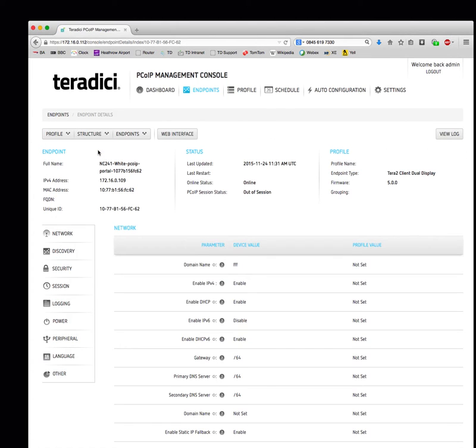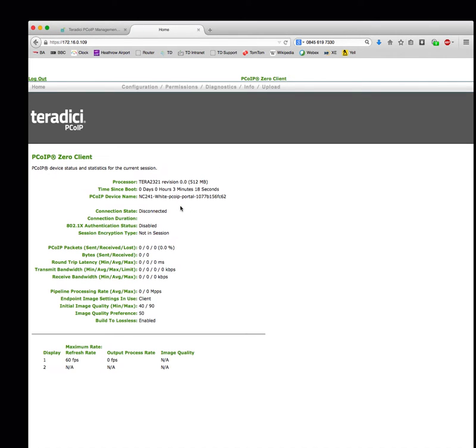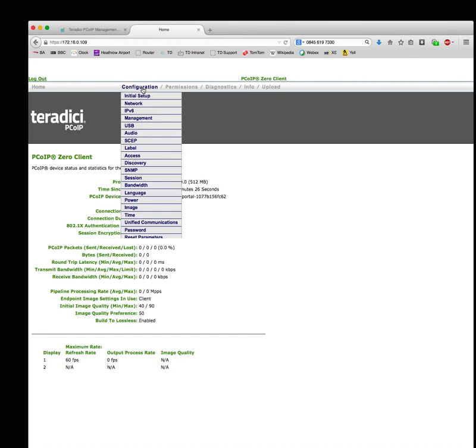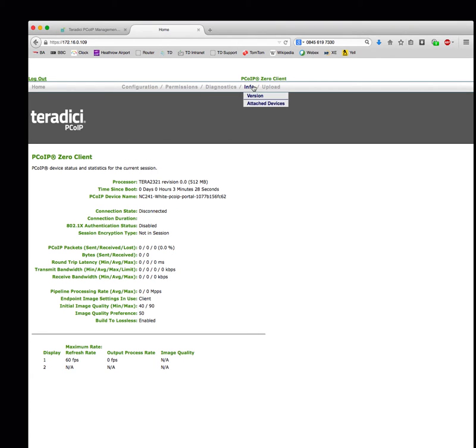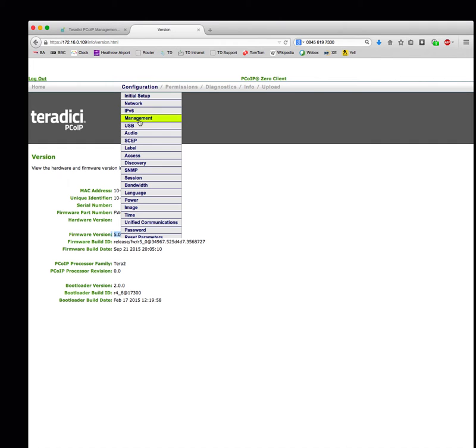What I'd like to show you is the local admin web interface of that Zero client. There's no password on this device. And what you see now in firmware 5, that is a requirement for your Zero clients to be managed by the new console, is there are some new tabs. So first of all, let's check the version. You can see the firmware version is 5.0.0, and in the configuration menu we have a new sub-menu called Management,